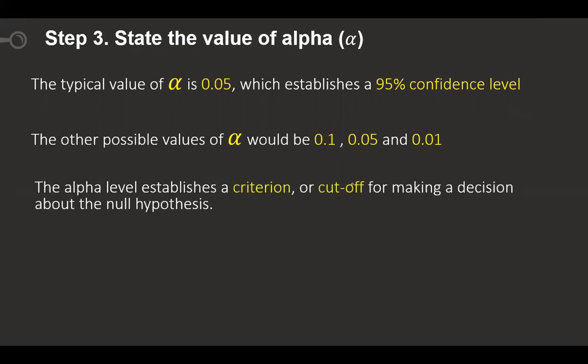So now the alpha level establishes a criterion. What is this alpha? It is nothing but a cutoff value. I'm going to compare this alpha value to a p value to make a decision. That alone you remember: alpha and p value will be compared when we use software. It is nothing but a cutoff value for making a decision. Now I want to make a decision, so I need a cutoff value, and that cutoff value is nothing but alpha. It also determines the risk of type 1 error, that is, how much type 1 error I'm making. So I told you the significance level, right?